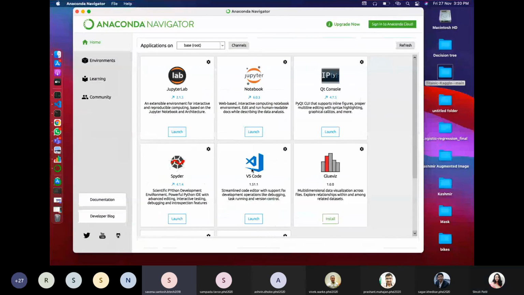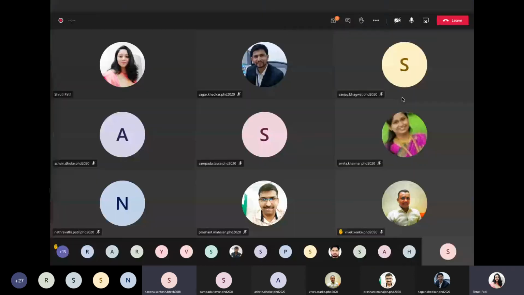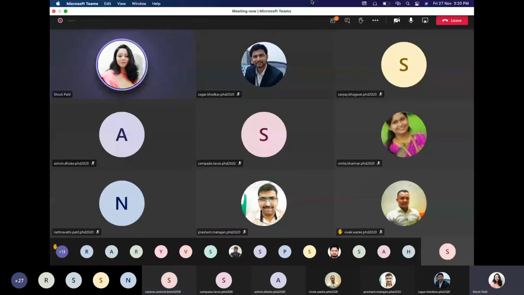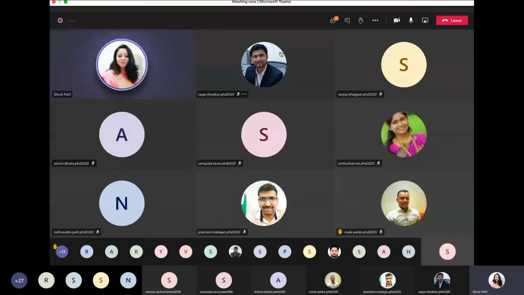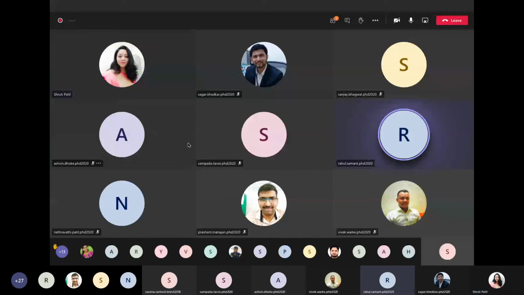Ma'am, shall we discuss linear and logistic regression theory? No, I guess we should be wrapping up now, because since morning they have been listening to AI and machine learning, so it will become too much for them in one day. Santosh is going to share his code or notebook with us so we can go through it.